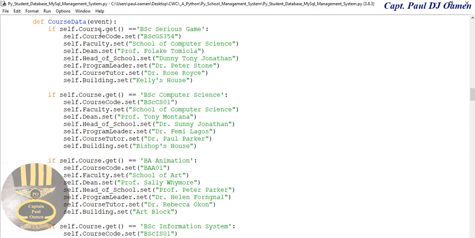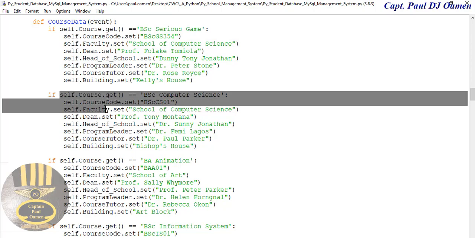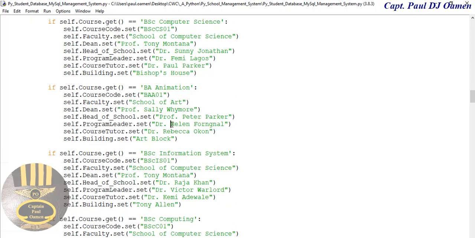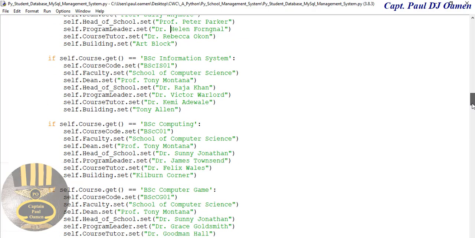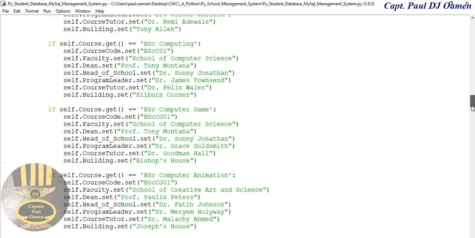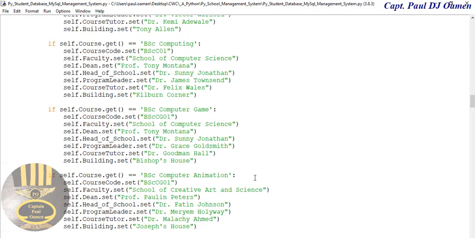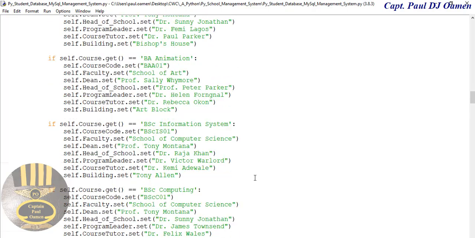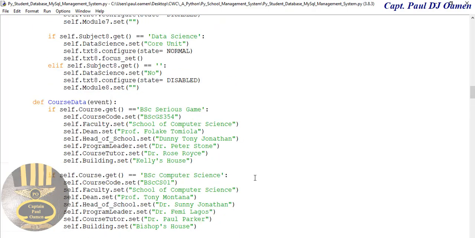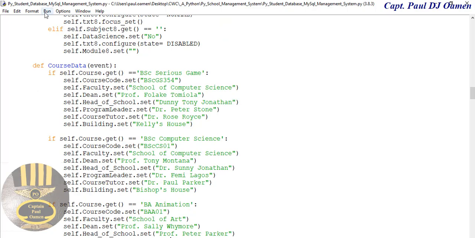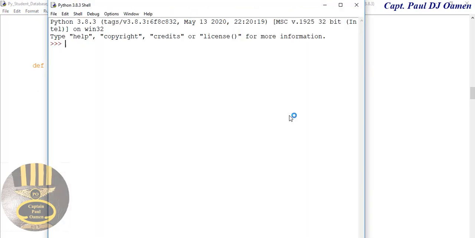Bring it down. We have the course data. So that's the very first one I did, the second one, and the third one. So you guys can change it how you want. That's another one there, and that is it. So let's run it. I think I have about 6 options. Yeah, now run. Run that,